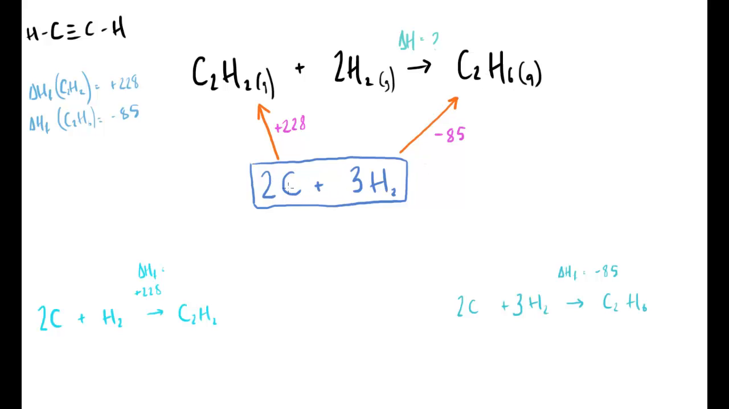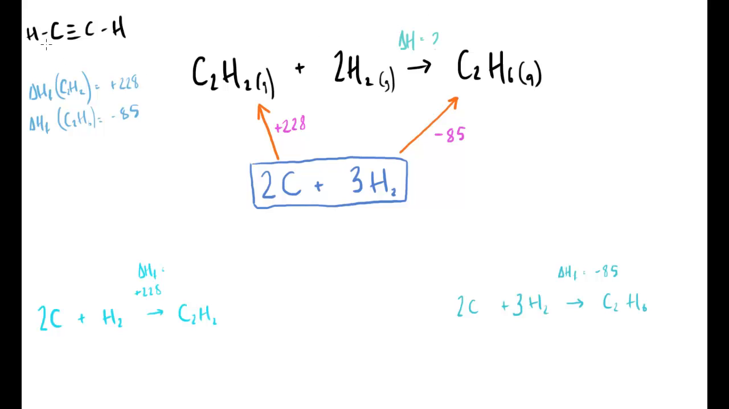And over here it's the reaction of 2 carbons plus 3 hydrogen molecules to produce ethine plus 2 H2 molecules. And the reaction there has plus 228 kilojoules per mole to complete that, and it has minus 85 kilojoules per mole to complete that. So in terms of now how this whole Hess's law ties in with the actual calculation